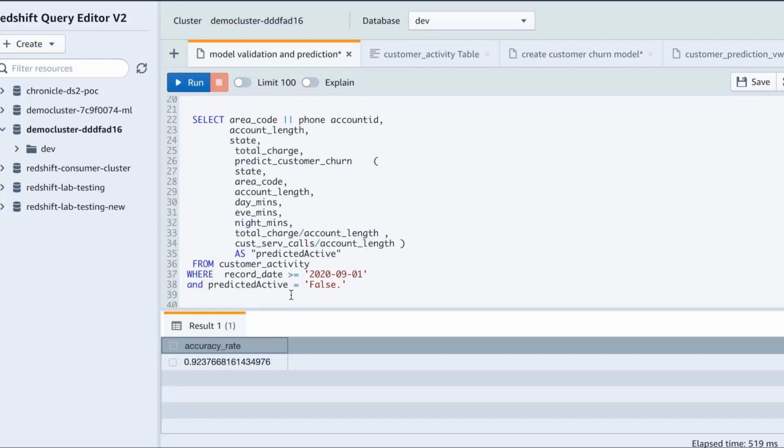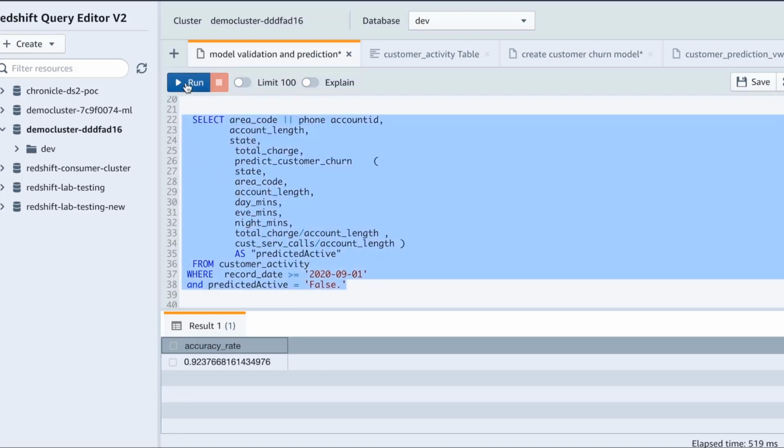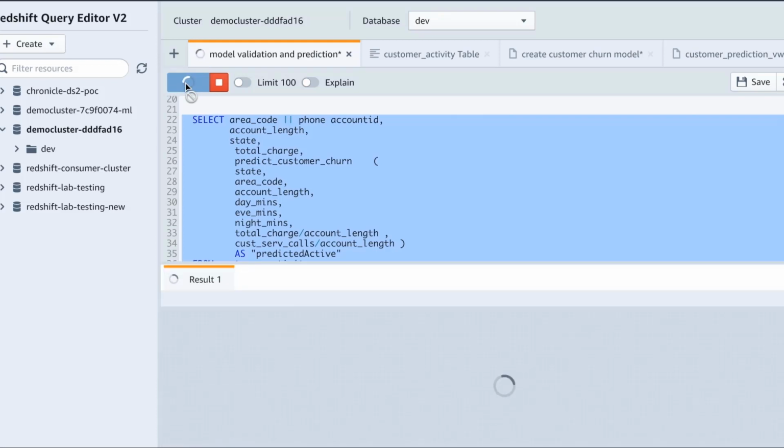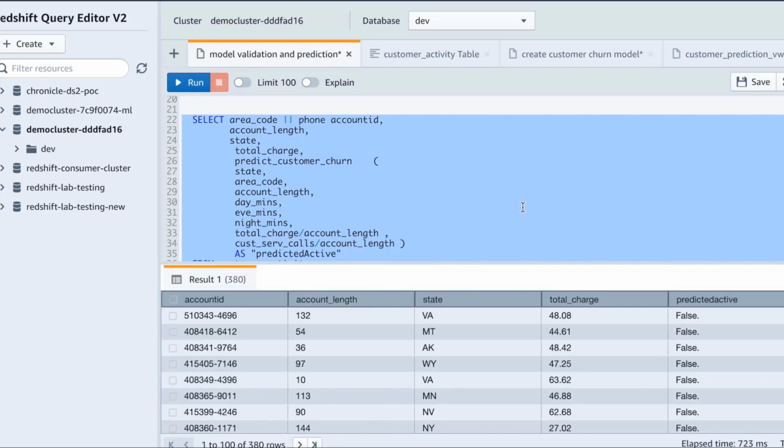And he wants to see where the predicted active is false. In other words, these customers are predicted to churn. As you see, in the result set, there are 380 customers that are predicted to be churned.